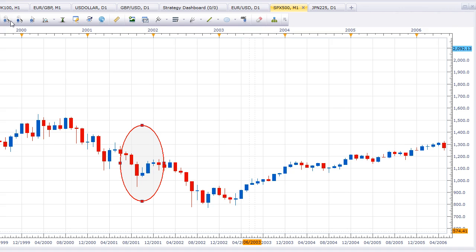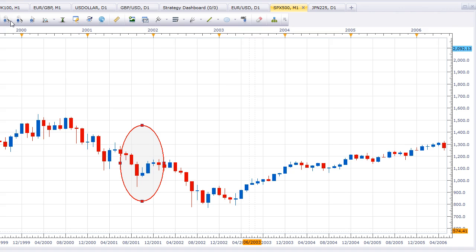So that's one approach, to take the chart, and the other approach is to take a piece of news and then go through different asset classes, equities, commodities, currencies, and see within those what the effect was of that particular piece of news. So, for example, let's start the conversation from here. I'm going to do it this way around. We're going to do it with the chart in front of us, but actually in this case, knowing what we're looking for already. So it's more the other way around, taking a piece of news.